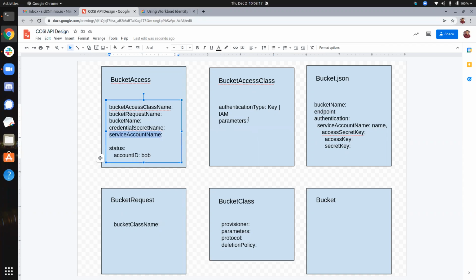I think the issue is with the service account. Say you have a service account, and you have to provide that service account name while requesting the IAM style authentication, but if you're in a situation where another service account